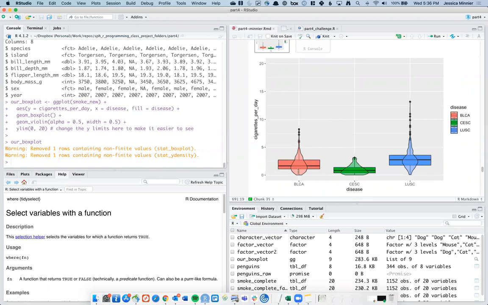But you do get a sense that there's a good amount of data down here. You don't really see that so much in the box plot. So you get a little bit more information. You can see a little bit better whether this is normally distributed,